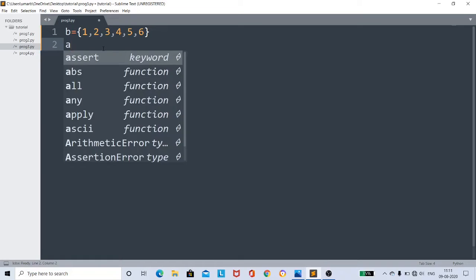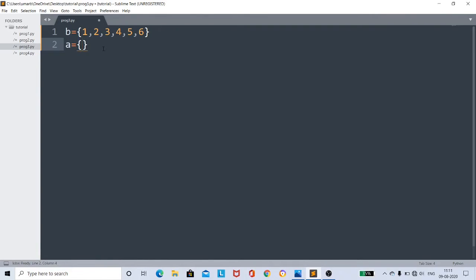I have set A with values like 3, 4, 5. See here, the values of set A, 3, 4, 5, are the values of set B also. 3, 4, 5 are present in set B also. That's why we can say set A is a subset of set B. Empty set, the null set, is a subset of all the sets.